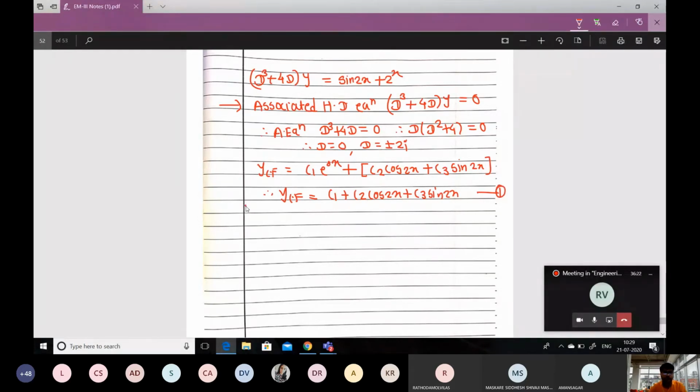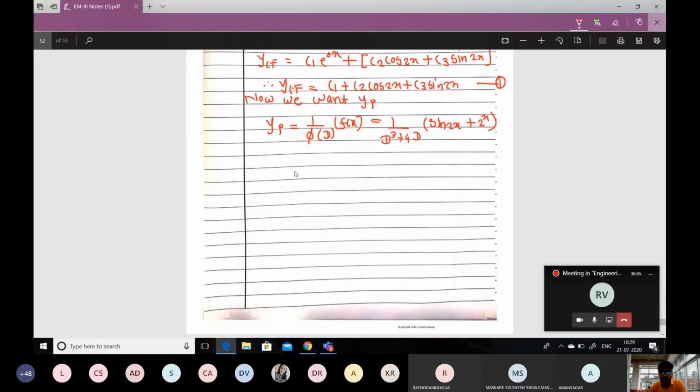You can call this as a 1. And now our next step, we want to find y_p. Okay, now we know the formula. y_p is equal to 1 upon phi of d, right hand side, that is f of x. And 1 upon phi of d here is 1 upon d cube plus 4 times d, and the right hand side is sine 2x plus 2 to the power x. Okay,